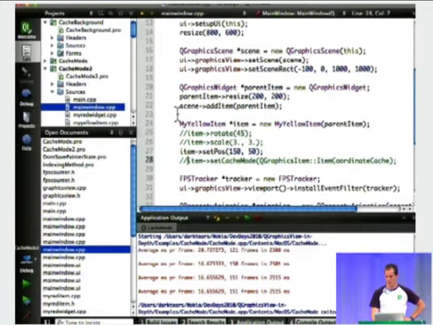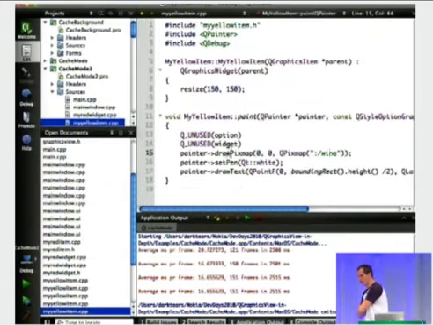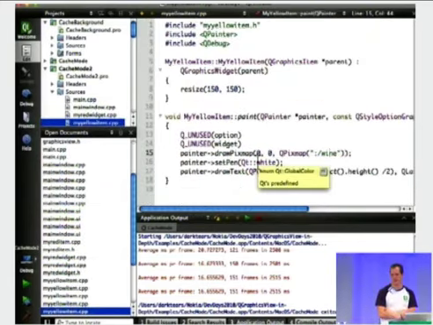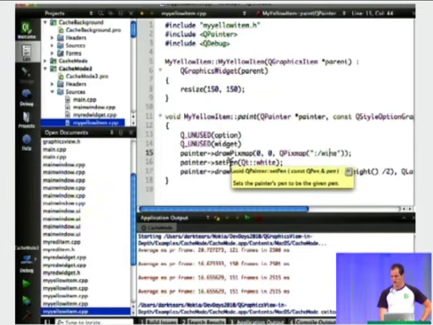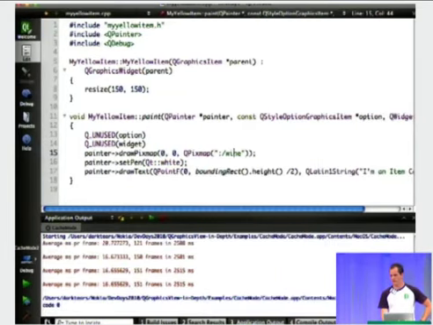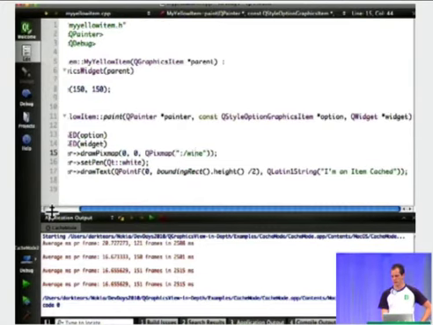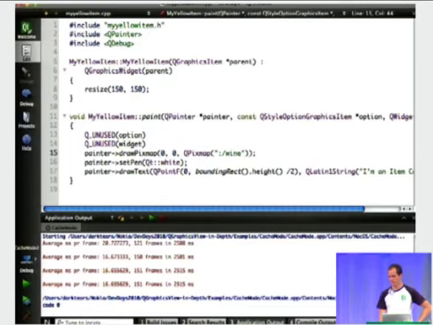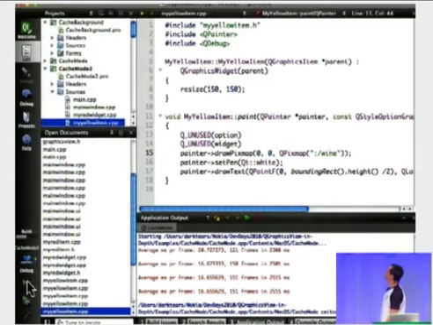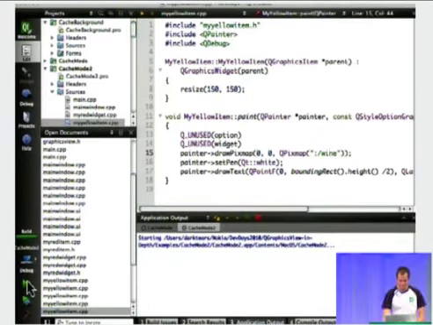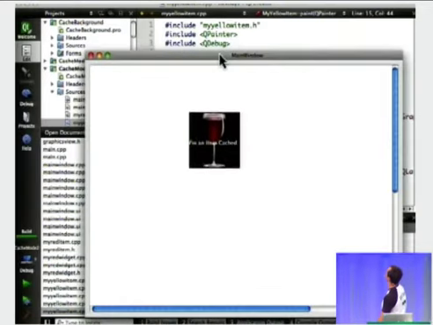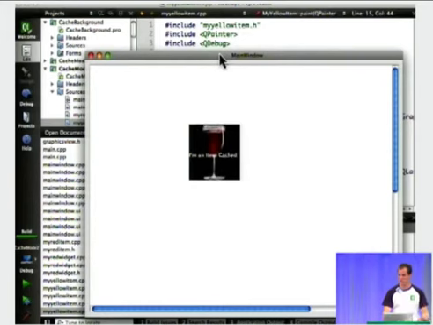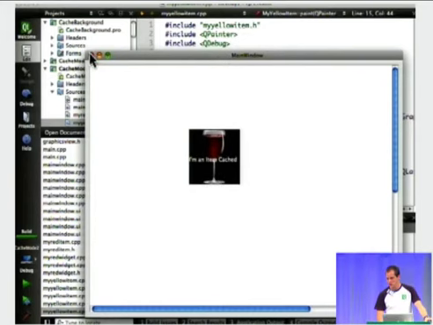If you look at the yellow item, which is not yellow anymore, you actually draw a pixmap, which is a wine, because I like wine, I'm French. And the pen is white, and it actually writes "I'm a cached item" on it, right? So if you run the example right now, this is how it looks. Of course, it's just moving around, right? Now, if I come back to my main window,